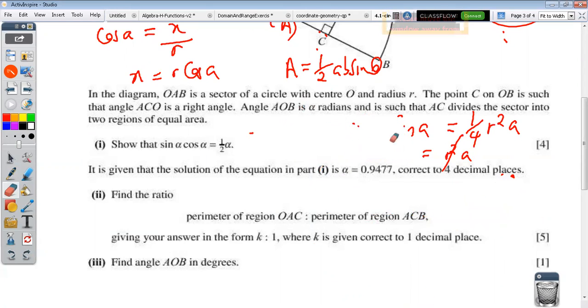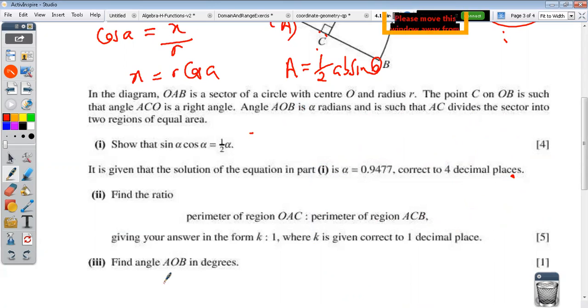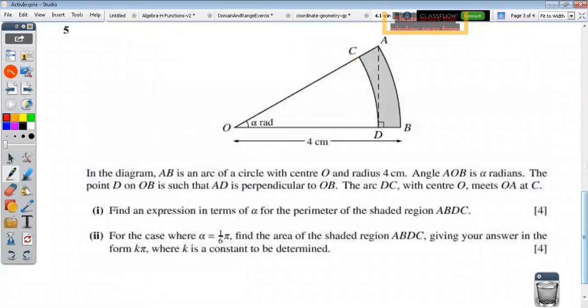Now, it is given that the solution in part 1 is A equal to that, correct to 4 decimal places. Find the ratio of the perimeter of OAC to the perimeter of the region ACB. Now it's easier. You simply use what I was removing, the area of the semicircle and the area of the